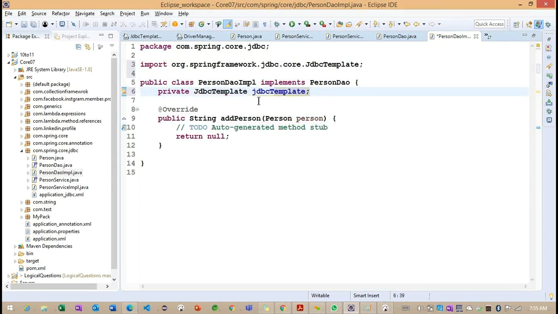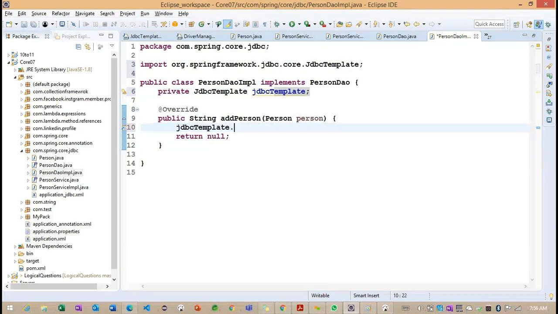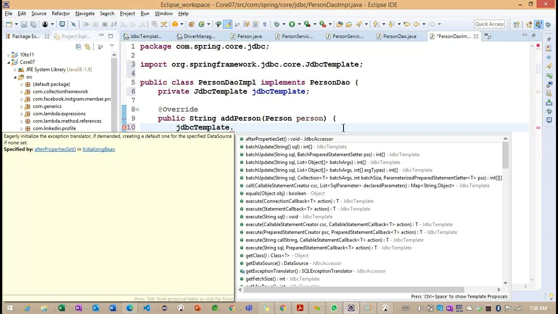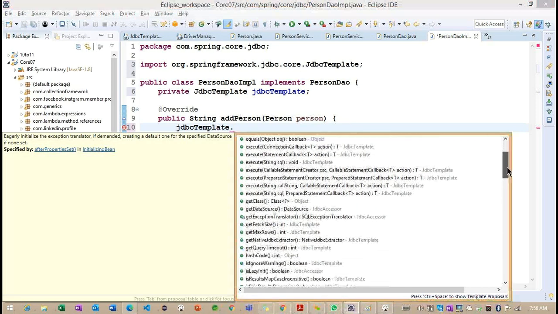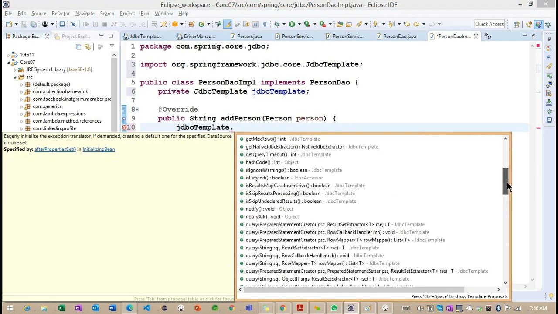Now, with the help of this particular JDBC template, we try to connect our application. Now observe. We'll keep it as null. JDBC template dot. What methods are we having here? Now we can see each method has a different purpose. We'll try to understand which method we can work with here.